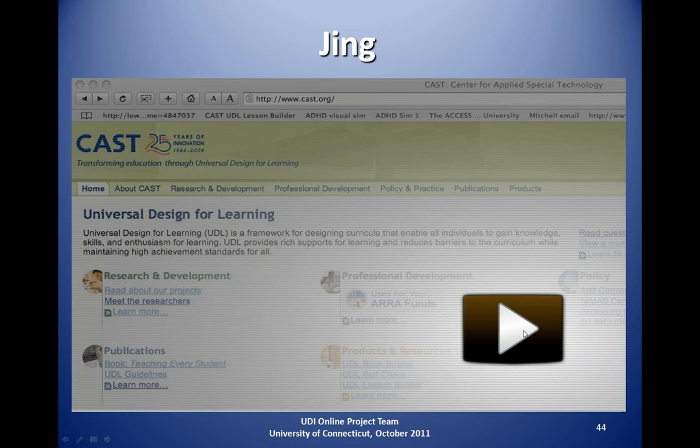Let's look at another tool, and again, I won't go through every tool. These are some selected tools. Jing is something which I have used, and I know, Joe, you've used it as well, in the classroom when you want students to navigate to a certain section. What Jing is, it's a screen capture. So it captures the screen, and you can actually be talking to the information that is on the screen, and students then hear your voice as you're explaining, let's say, a flow chart that's on the screen, or a particular diagram or a visual.